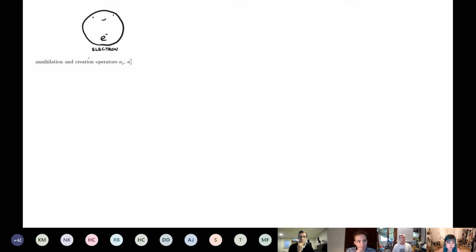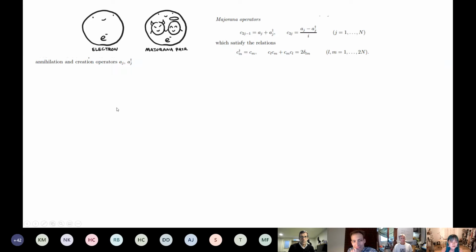And you can describe your electron using these operators and say, here I want to create an electron, and I have this creation operator. You can further even mathematically write that you can actually represent this whole electron with a Majorana pair, which is a pair of quasi-particles or pseudo, not real particles, but you can mathematically represent them as a pair of a symmetric and anti-symmetric